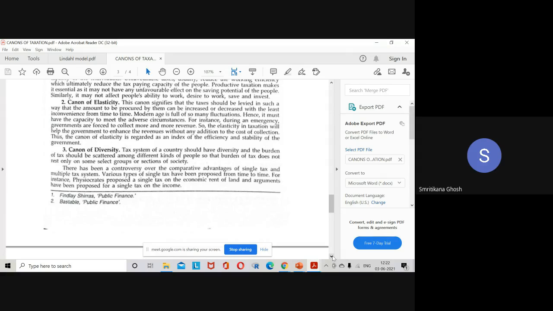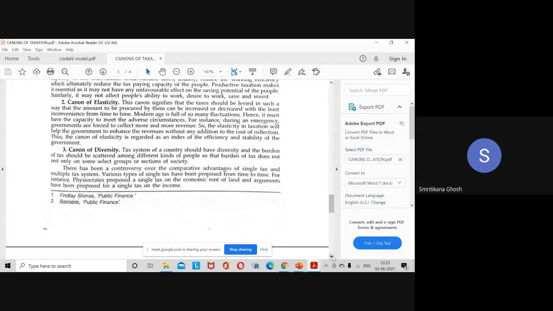Okay, it should be imposed on several areas. For example, just assume one thing, if the tax is imposed on a single head, say only income tax. The government is thinking, okay, I'm not going to take tax from the people, it's very bad for them. They're very unhappy when they are paying the tax. Okay, fine, so I will collect only the income tax. That will be my only tax revenue.